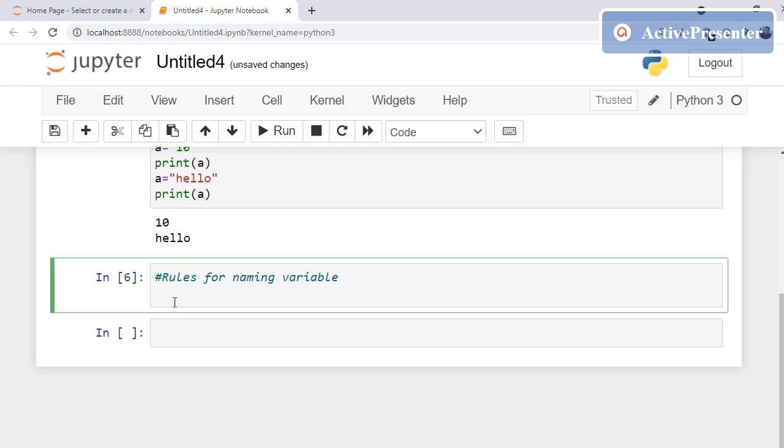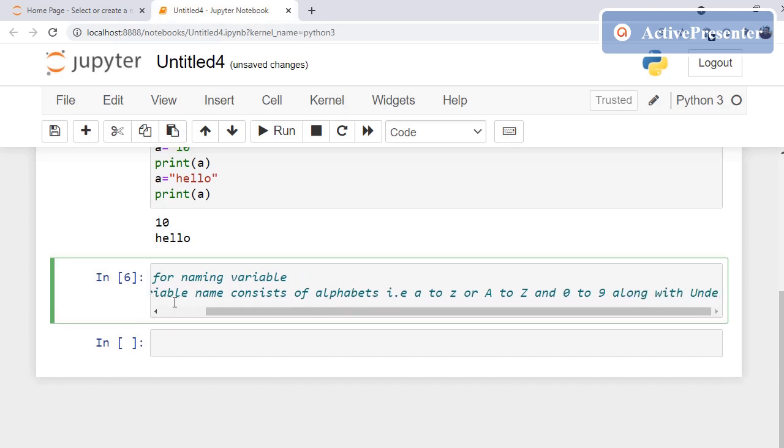The point is, a variable name consists of alphabets, that is A to Z, or capital A to capital Z, and 0 to 9, along with one more thing, the underscore symbol.